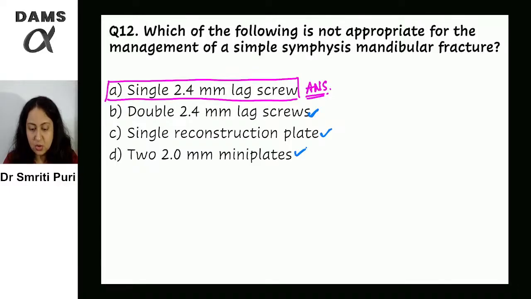Ma'am, reconstruction plate is not only used in atrophic ridge or comminuted mandible. Yes, the primary indication is atrophic ridges and comminuted fracture. All right, the primary